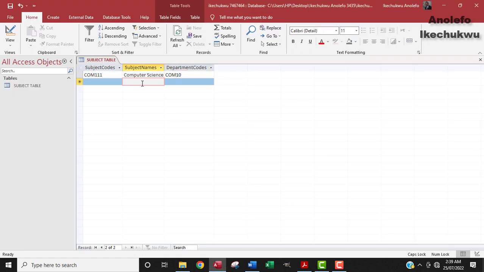So go to this place and then have our subject column populated with some subject names. So let's have this one will be physics, and then the next one is going to be biology. The next one will be chemistry. So you can give it any name you want. If you want the engineering, if you want all those other medical, whatever, you can just give them any name. So I'm going to have English language here, and then after English language, of course,